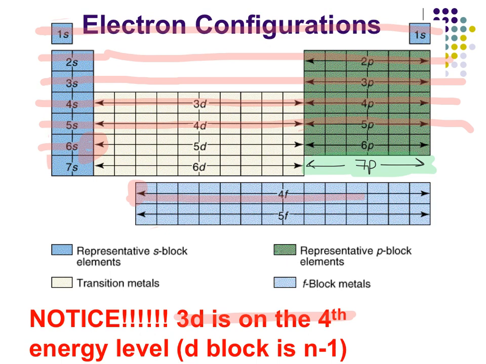We would have 4f, and then we would continue back up here to 5d, then 6p. Then on our last row, we have the 7s, and then this drops here to the 5f. Then we start back up here at the 6d and finish with 7p. That is the order that the electrons will fill, and that is the order that we have to write the